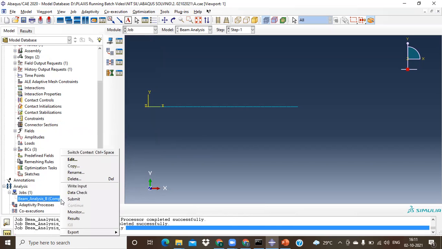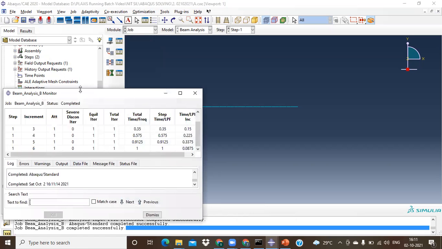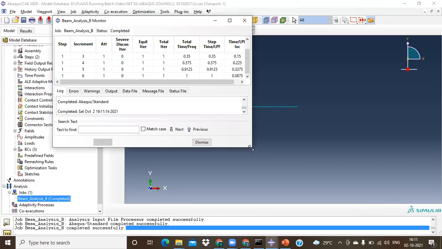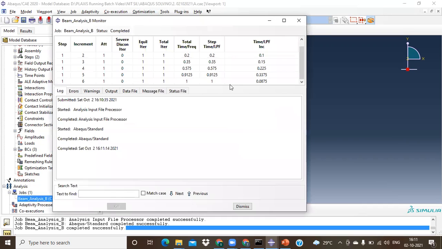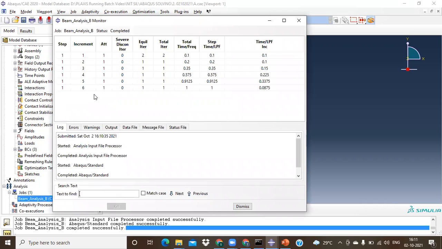All this information, once you right click on this and monitor, over here also you can see this one. This is what we are talking about, where it took around 6 steps to solve this particular problem. So Dennis, if you remember in the last class, I think we took around some 14 or 15 increments to solve this particular problem. That all depends upon the time interval that you are giving, how smooth the problem is. The software will take that part automatically.